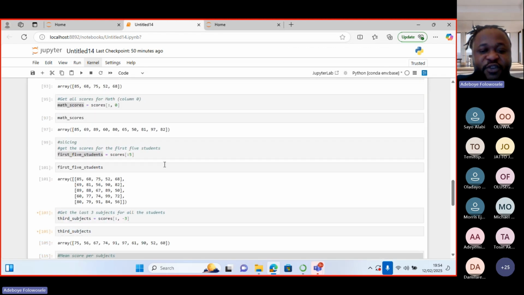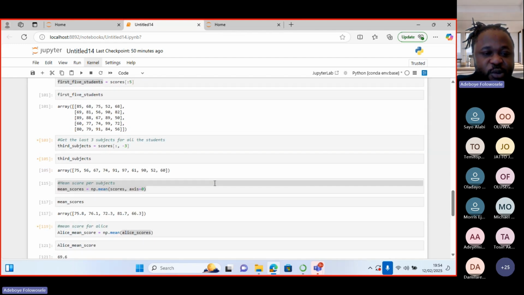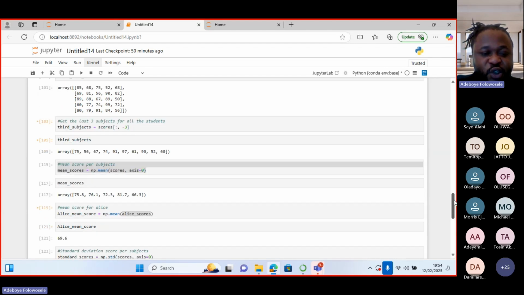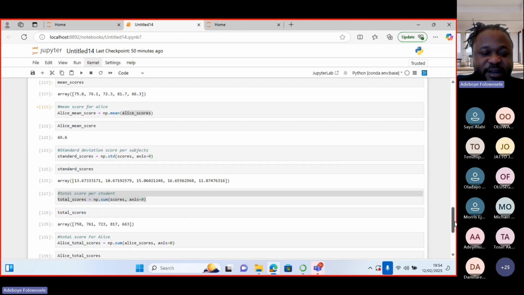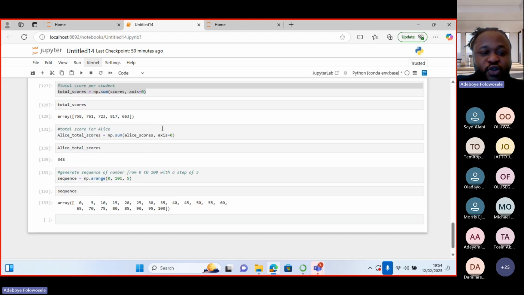And this is the first 5 students. And this is if you want only the third subject alone, then we have the mean score. Then this is the mean score for Alice, the standard deviation, the total score, we use the sum. And I said, if you want to make use of sequence,